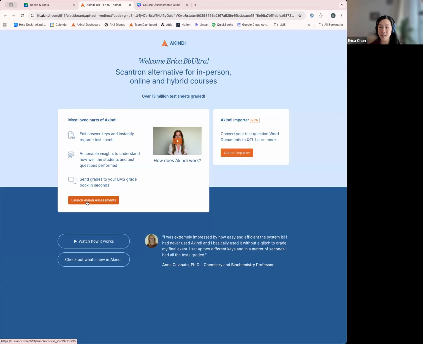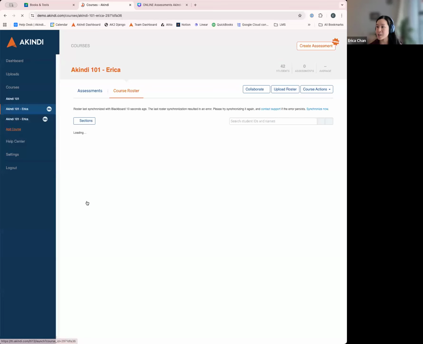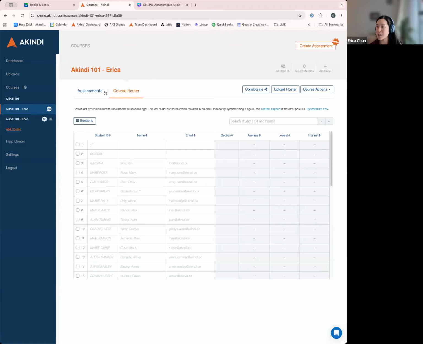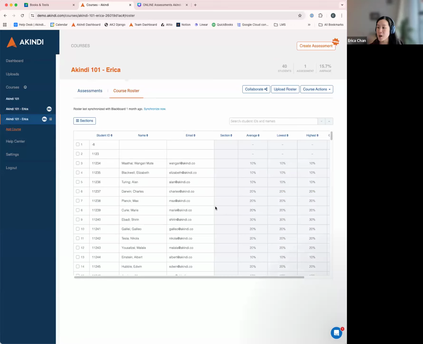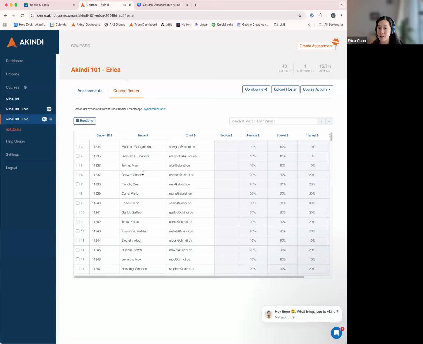Once that loads, you'll click Launch Akindi Assessments, and that will bring you into Akindi itself. One of the first things you'll notice is, let's take a look at the roster first. Your roster has already automatically been brought in directly from your course shell. So this gets resynced every time you launch Akindi. This is particularly helpful at the beginning of semester when students are adding or dropping courses. This will automatically update, and you don't have to worry about changing things from Akindi as well as in your